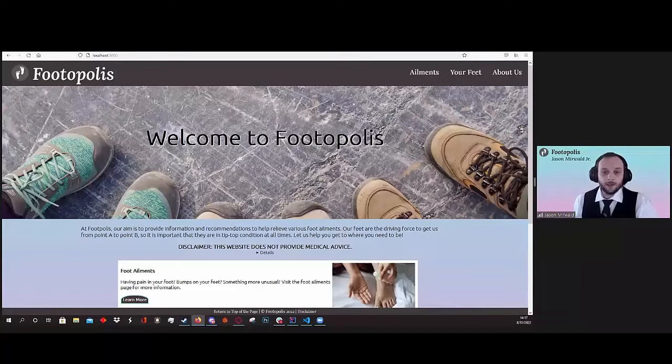Footopolis is a single-page React application that uses VS Code for the front end and IntelliJ for the back end. We utilize JavaScript for front-end functionality and made use of HTML and CSS. We coded the back end in Java. We created a REST API in Java and used an API for the front end as well as an API